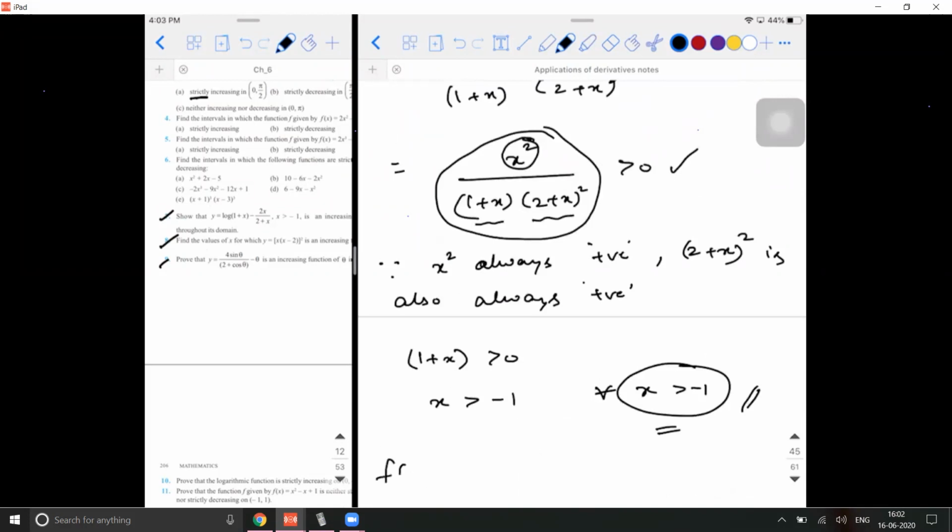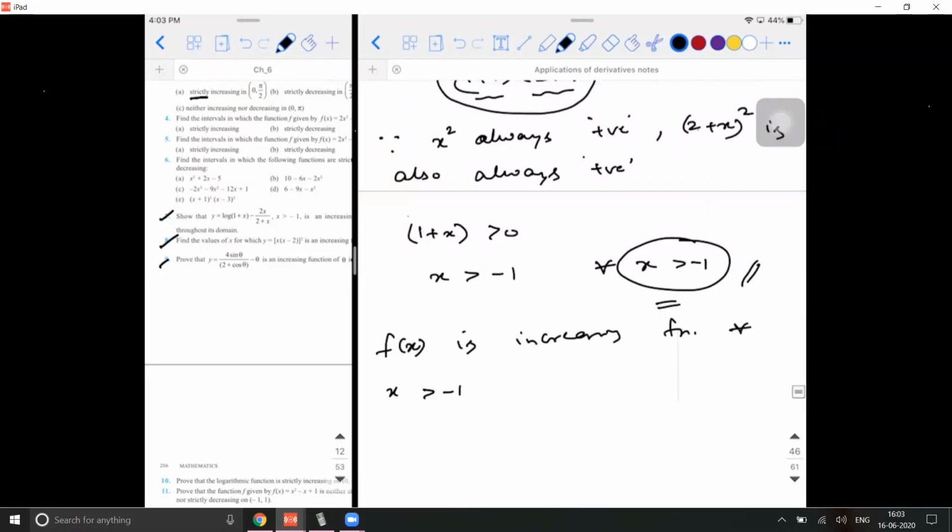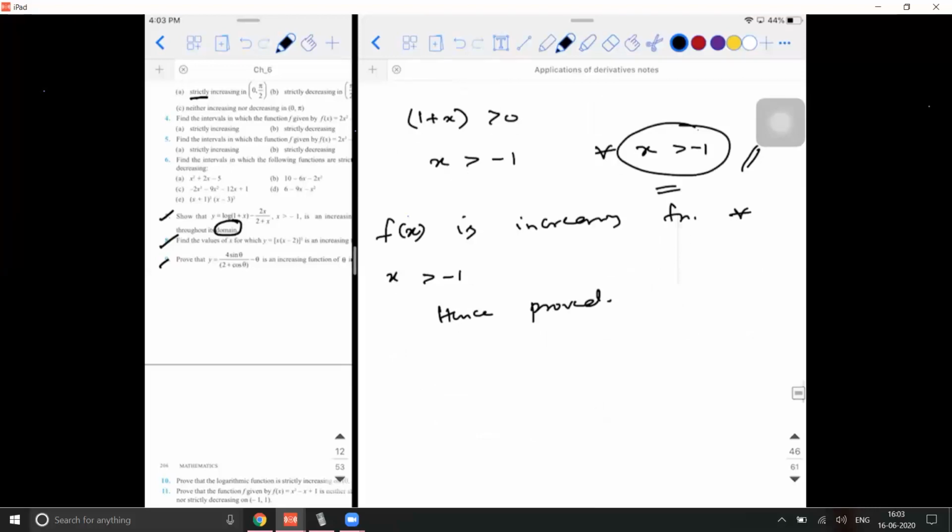So what you're trying to say is f of x is an increasing function for all values of x greater than minus 1. Hence, this word domain is important here. Now what I will do is, once you complete this, I want the question to be changed as 2 minus x. I'm going to change the question. I'm going to ask you, tell me the intervals in which that function is going to increase. I'm not going to ask you to prove. Observe, I am modifying the question like this.